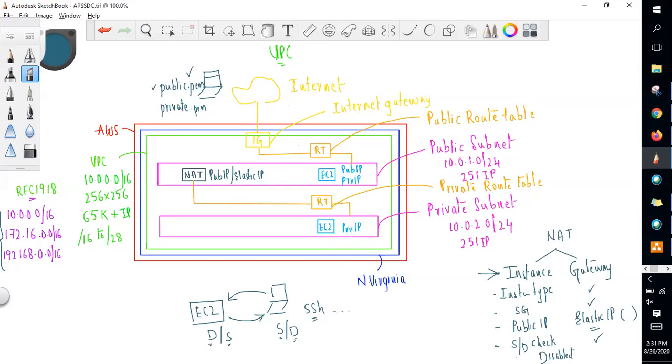Okay. So once the VPC setup is done, what we have done, we have created an EC2 instance in public subnet by enabling the auto-assign public IPv4 address, so that EC2 instance will have public IP by default. And because we have not enabled the auto-assign public IPv4 setting, this EC2 instance will not have the public IP address by default. So in order to connect to this EC2 instance